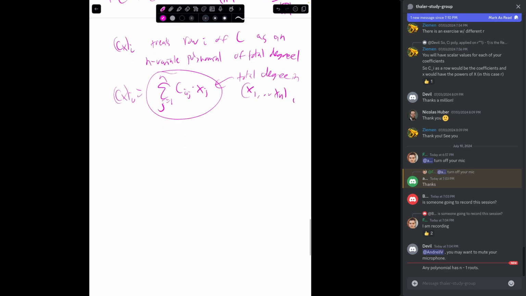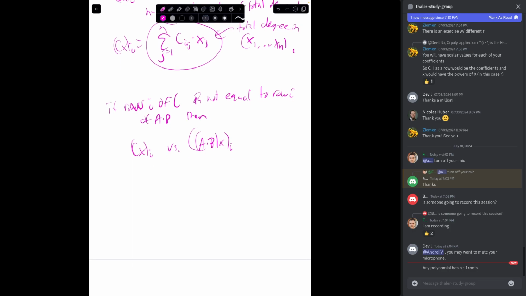Okay, and so if rho I of C is not entry by entry equal to rho I of A times B, then if we compare the ith entry of CX to the ith entry of A times BX, what we've done is evaluate two different total degree 1 polynomials at a random input